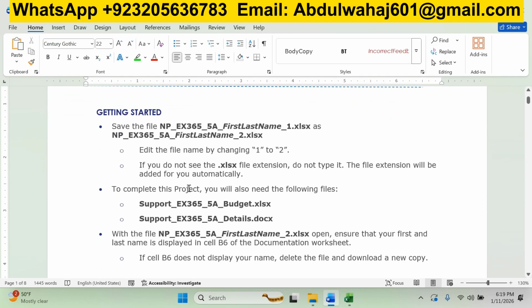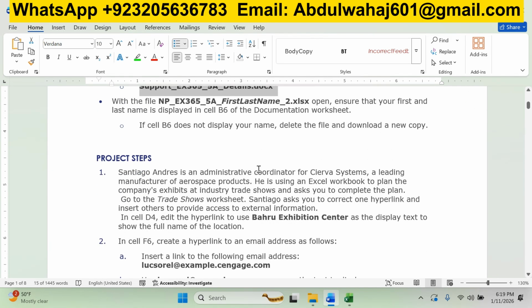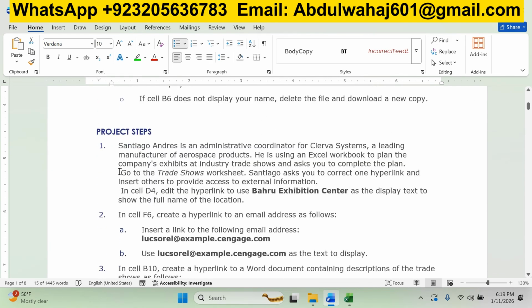Heading towards the steps, before starting, first of all, make sure that you have these support files as well, because we are going to use these support files in the later stages. Okay, step number 1 is